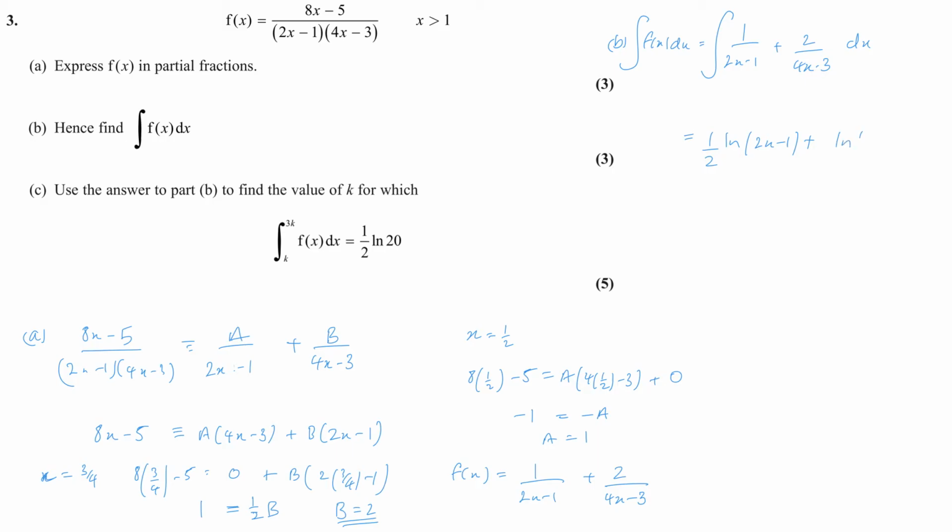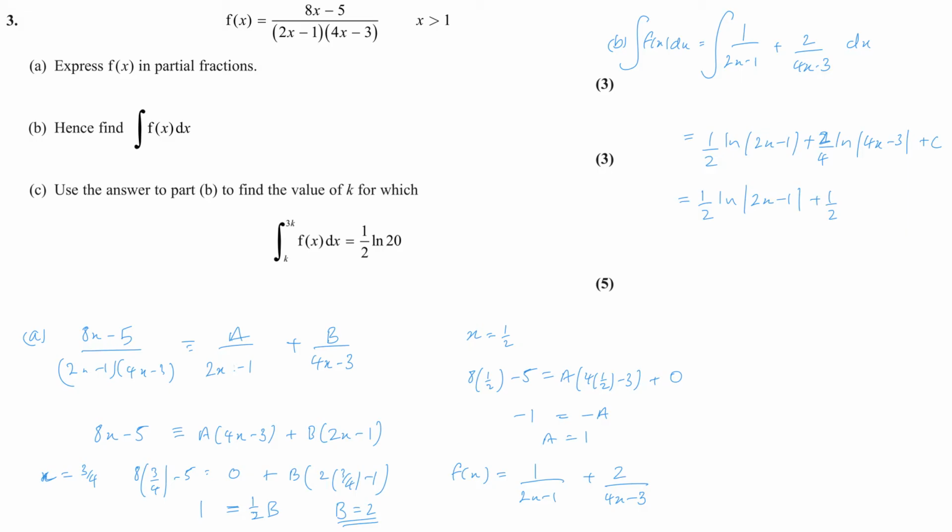And then it's log 4x minus 3, divided by the inside differentiated. Inside differentiates to 4, so it's divide by 4, a quarter, but then it was times by 2, so this is actually not a quarter, it's 2 quarters, or a half in that case. And plus c, don't forget the plus c as you risk losing a mark, so we've got a half ln 2x minus 1